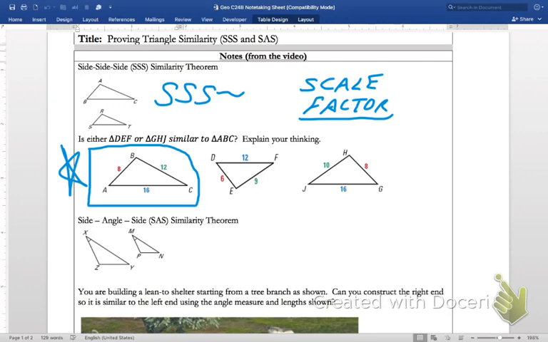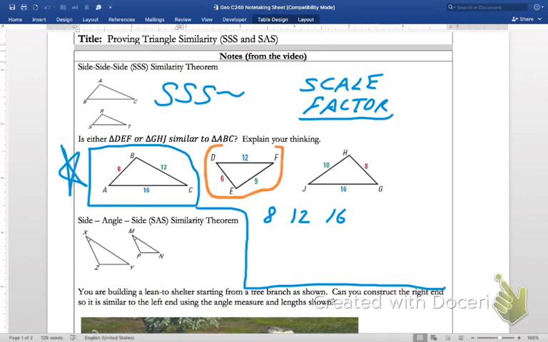So in triangle ABC, I'm going to list the sides in order from smallest to largest: 8, 12, and 16. Now I want to compare the measurements in triangle DEF to it